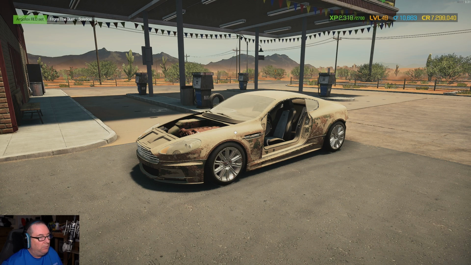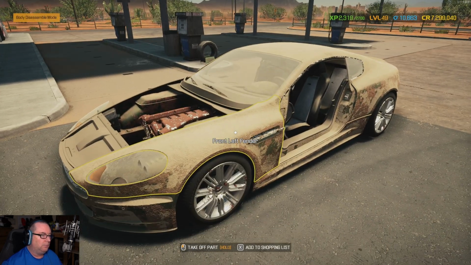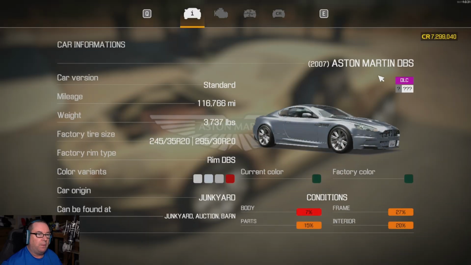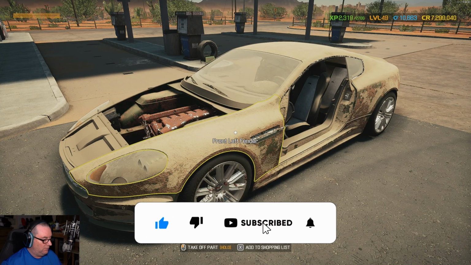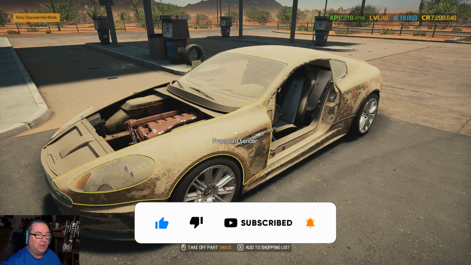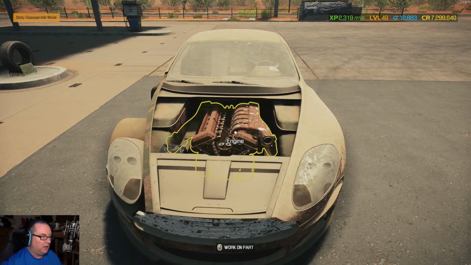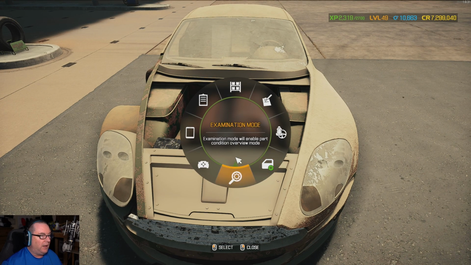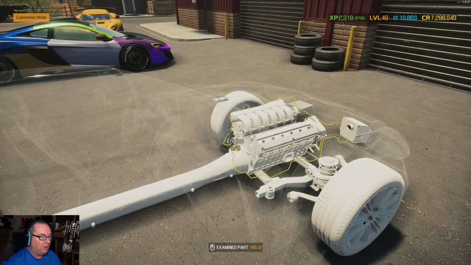Today we're going to play some Car Mechanic Simulator 2021, and I've got this Aston Martin that we're going to build today. It's a DBS. Don't know what that means, but the reason we're going to build it is I had to get the Aston Martin DLC because I got that GTO that doesn't have an engine in it, and they use these to put the engine in it. But not only is the engine different from anything I've got or have worked on, but